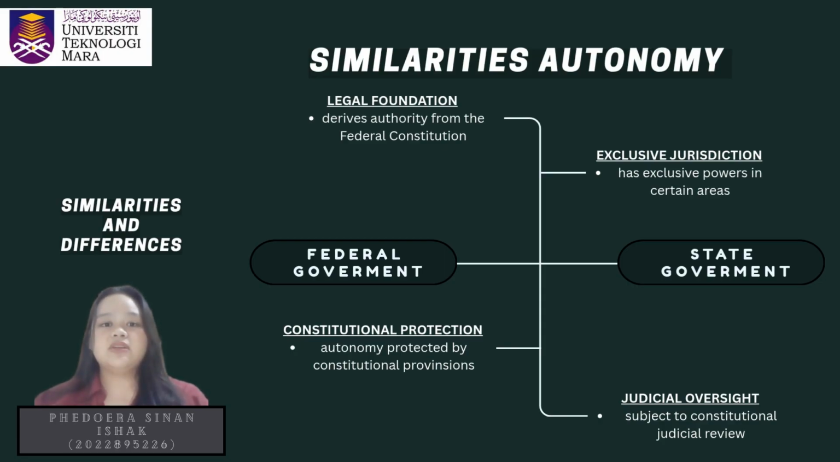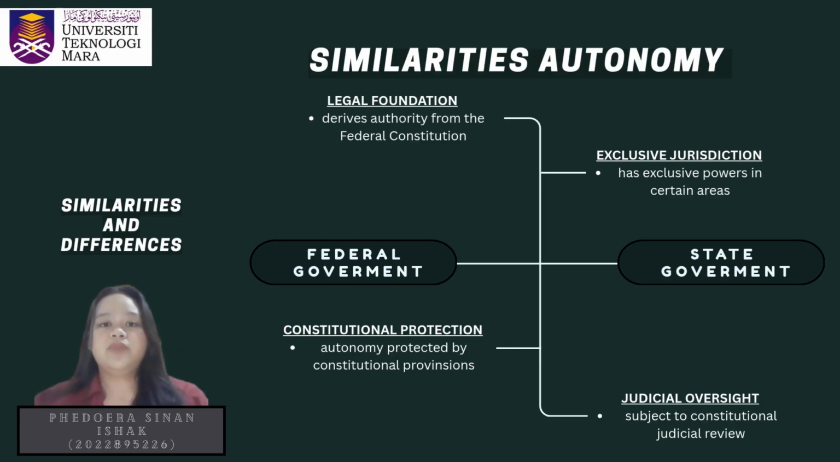Secondly, both levels of government enjoy constitutional protection. Their autonomy is not merely implied but is explicitly safeguarded by constitutional provisions. This protection prevents arbitrary overreach from one level of government to another, ensuring each can function within its designated sphere